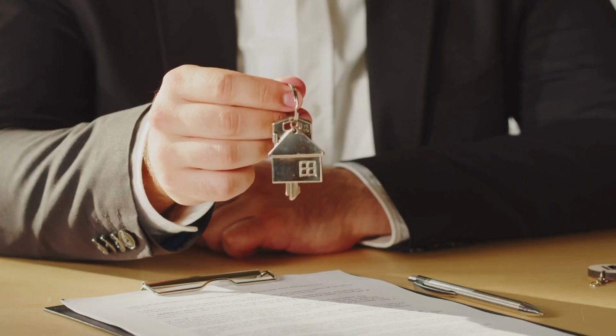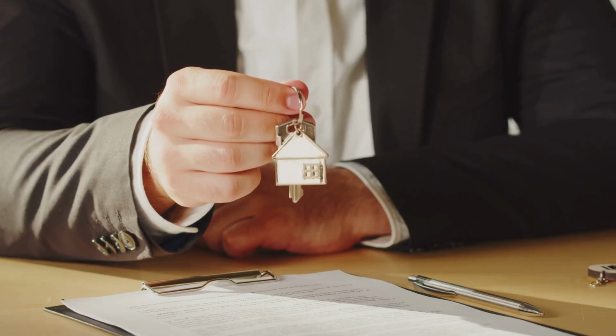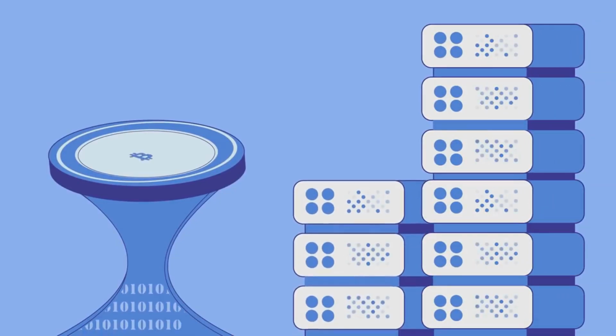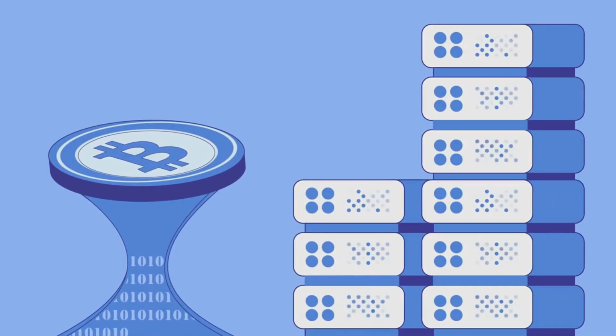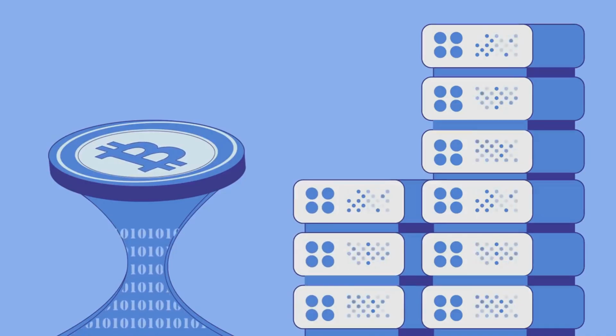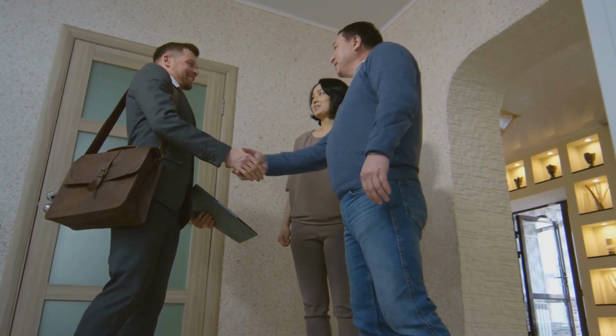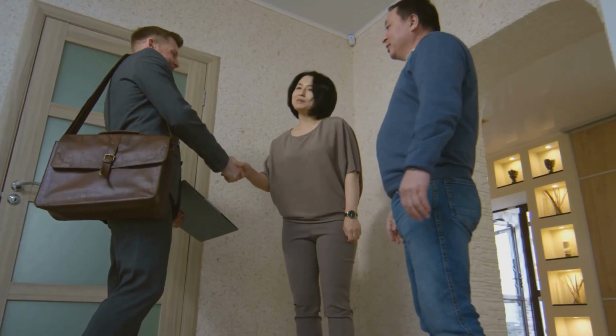For example, the transfer of property titles could be managed by a smart contract. Once all conditions, such as payment confirmation and legal checks, are met, the smart contract could automatically update the land registry records on a blockchain. This could drastically reduce the time and cost associated with property transfers, making the process more efficient and transparent for